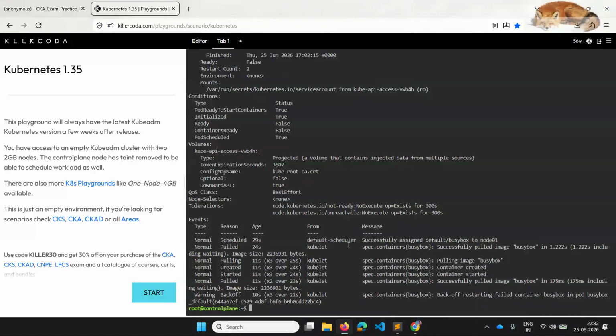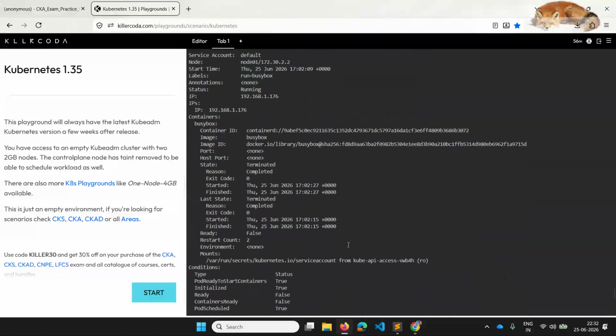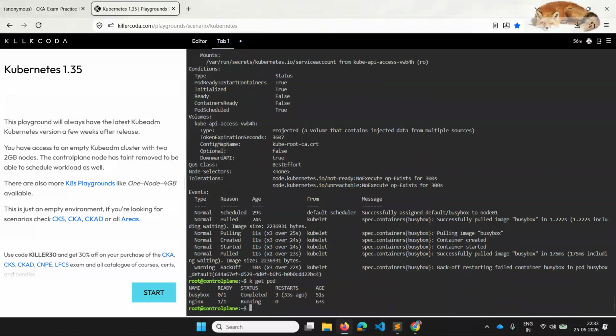I think some issue is there, but actually that is not our demonstration. Our demonstration is about host network. I think it has already completed. The task is already completed. But I want the IP address.